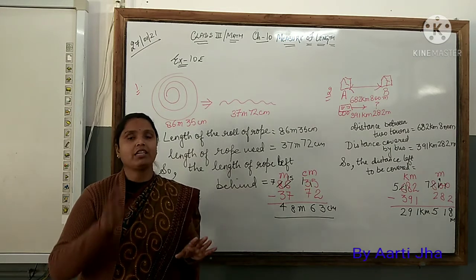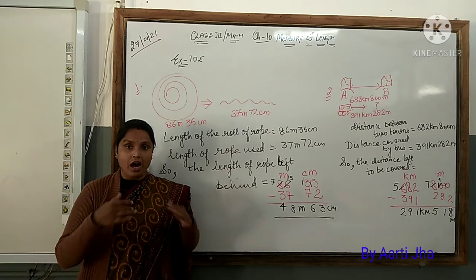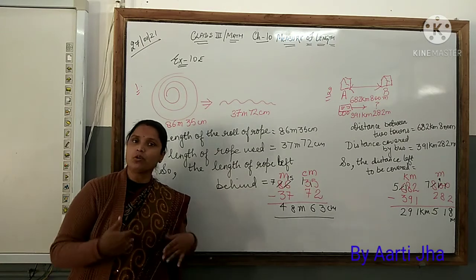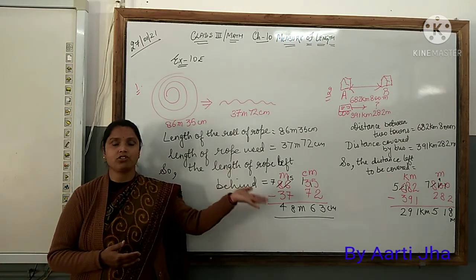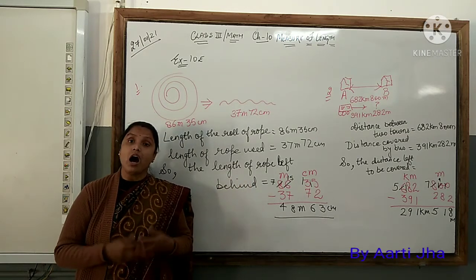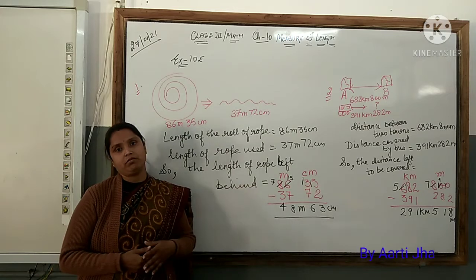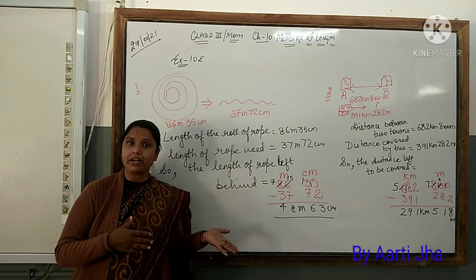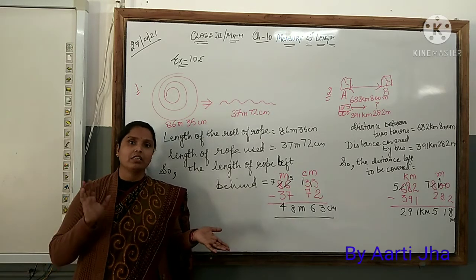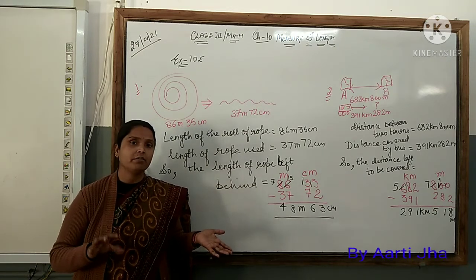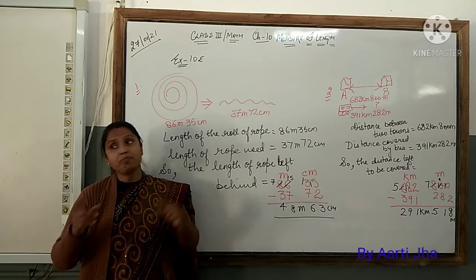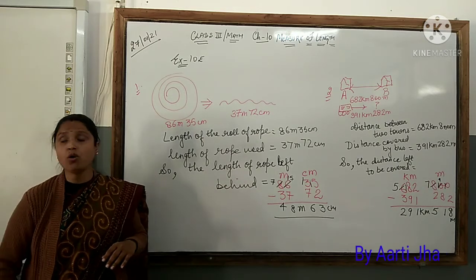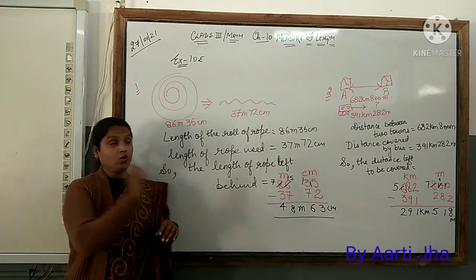Clear, children? Let's take one example for understanding it better. I am having 10 chocolates with me and my friend has 15 chocolates. Okay? Who has more chocolates? My friend, obviously, he or she is having more chocolates. Now my question is, how much more chocolate is my friend having? This you have to tell me. I am having 10, my friend has 15. Who has more? My friend. How much more is he or she having? That is 5. And how did we find it? By subtracting the smaller from the bigger. Okay? So, this is what we have to do.